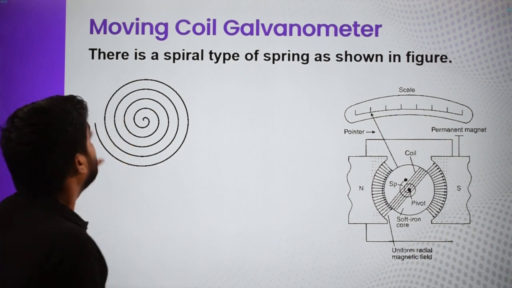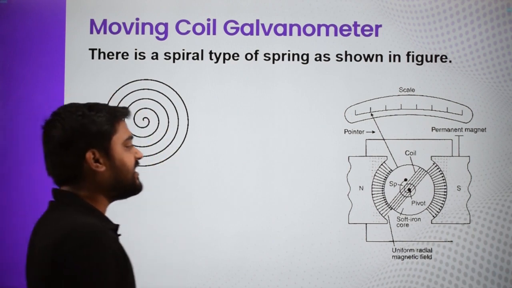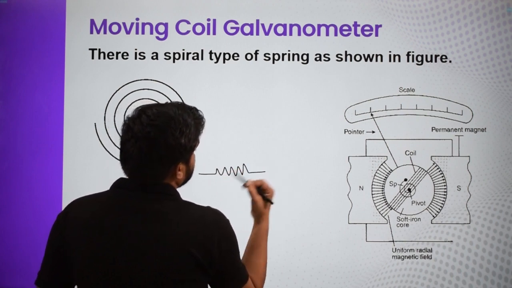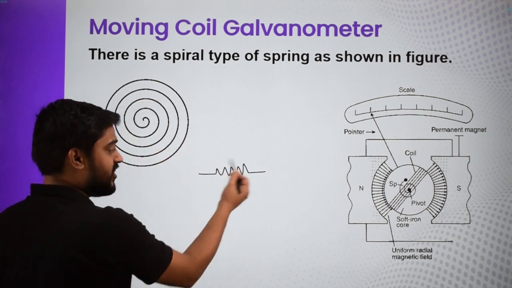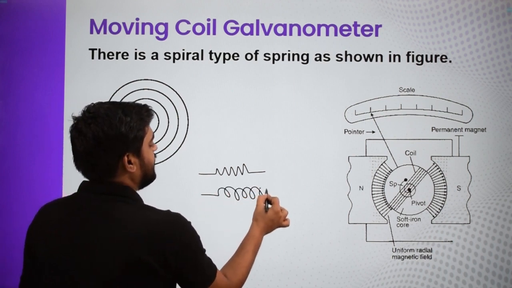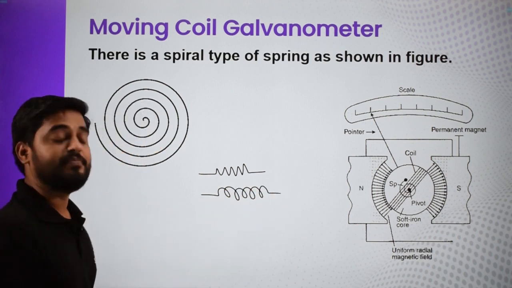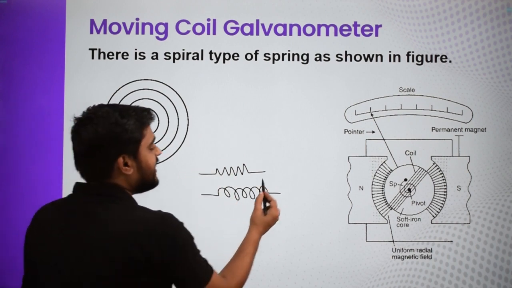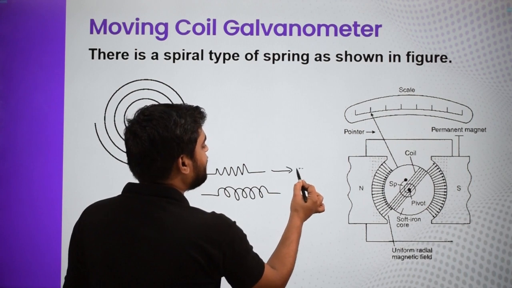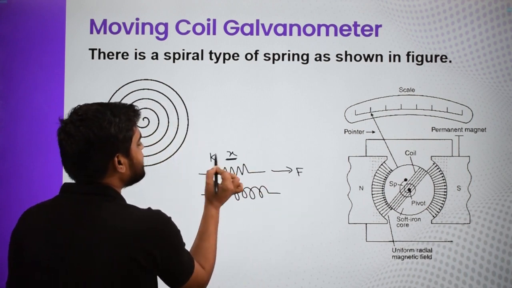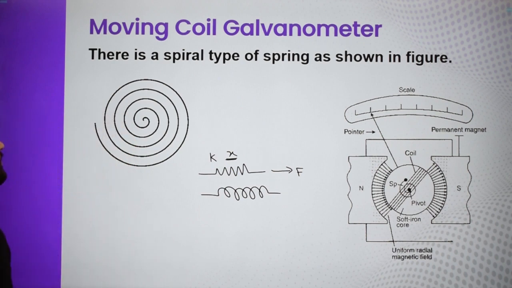First, the spiral spring. What is a spiral spring? We have seen these types of spring, right? This is not a resistance, it is a spring. In electricity, both have different meanings: this is a resistance and this is an inductor. But let us say this is a spring. In a normal spring, we apply a force, and due to that there is an extension or compression, and there is a spring constant. Like that, this is a spiral. This is how a spiral spring looks.